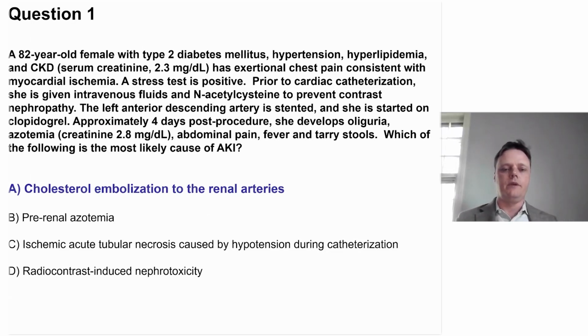The thought here really would be whether this might be due to her catheterization or whether it might be due to another cause. It is unlikely to be related to catheterization, in large part because it is too late after the procedure itself. If contrast-induced nephropathy was going to occur, and it is relatively rare these days, thankfully, it would generally occur in the first 48 hours after the contrast administration, whereas this developed 5 days later. Embolization, in contrast, can happen much, much later, from cholesterol emboli.